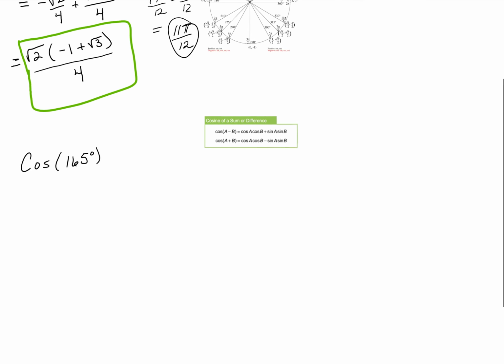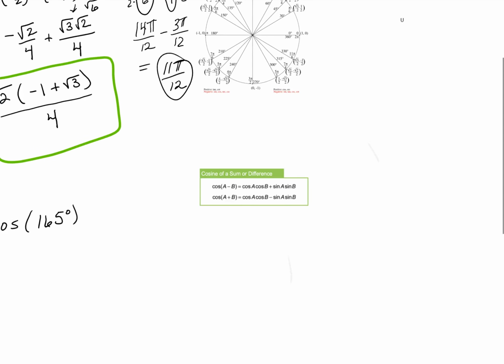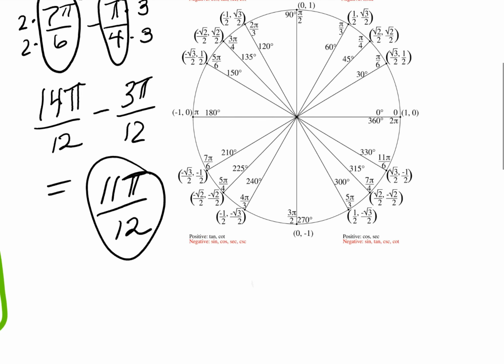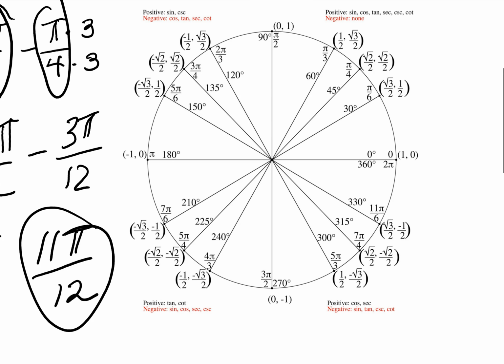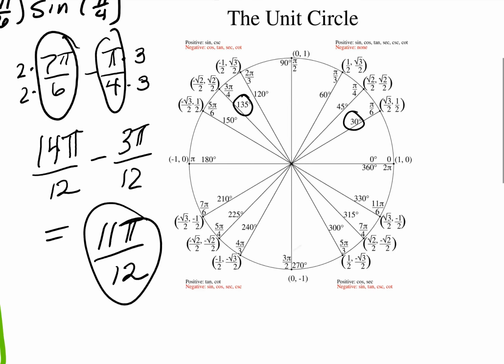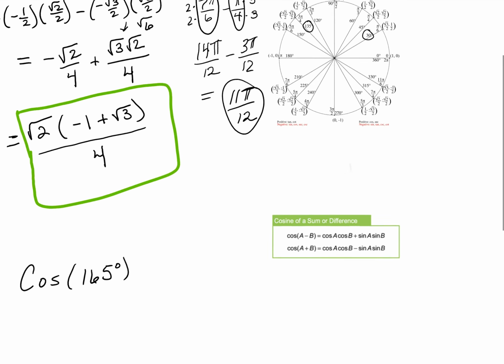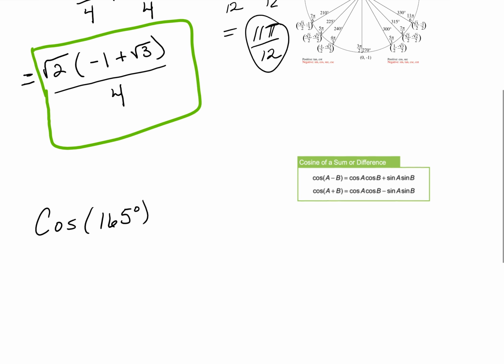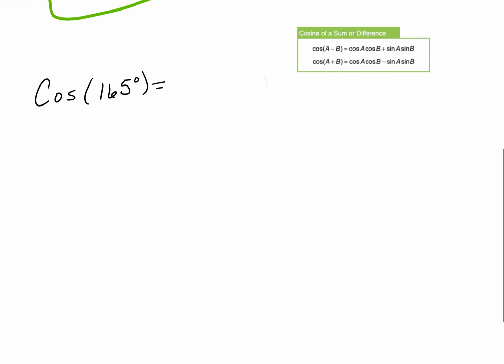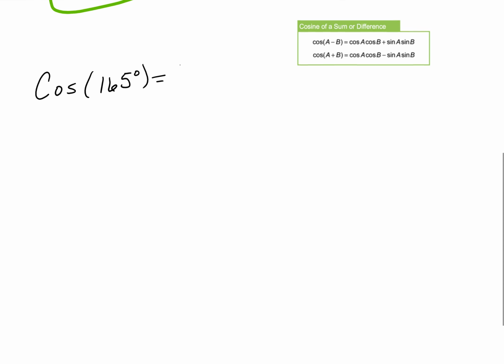Let's go ahead and do a cosine sum. So we just need 2 degree measures that add up to give you 165. You could do 120 and 45. That would work. I'm going to do 135 and 30. That should be good. 135 and 30, and I'm going to do a cosine sum. So let's go ahead and write that out. Okay, so let's move that there. 135